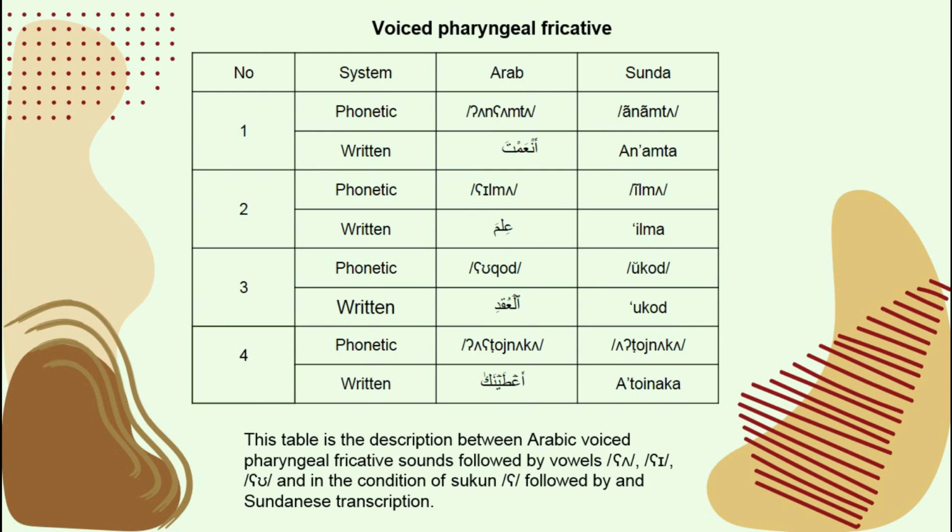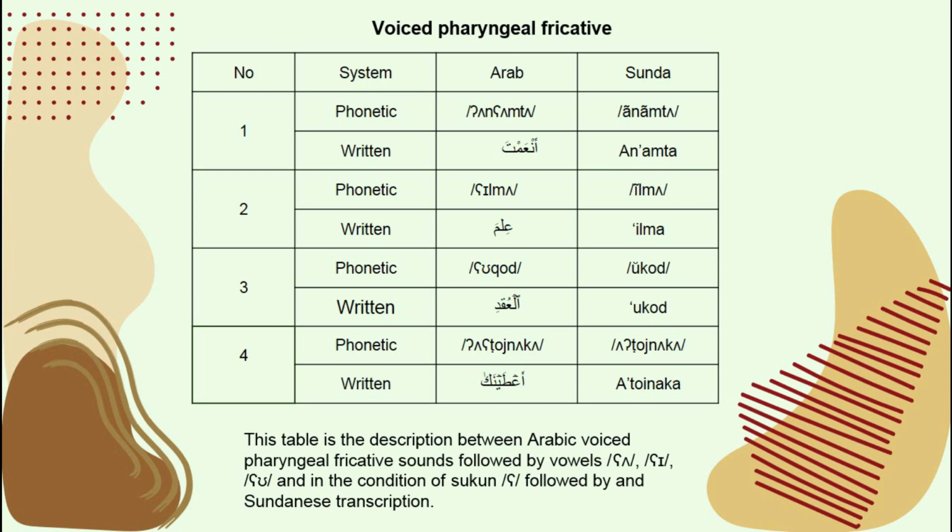Next, besides the voiced glottal stop, Arabic also has another unique consonant, namely the voiced pharyngeal fricative. Similar to the voiced glottal stop, the voiced pharyngeal fricative is produced in the place of articulation of the pharynx. This sound is made by fricative manner. It means that the airstream must be exhaled along with the sound produced at the pharynx with the vibration of the